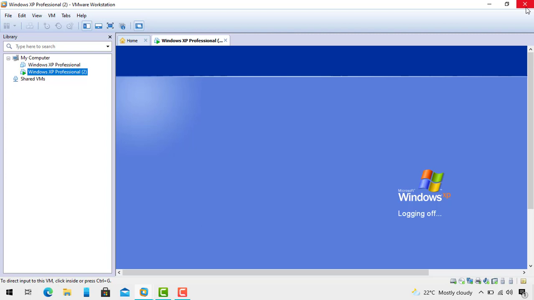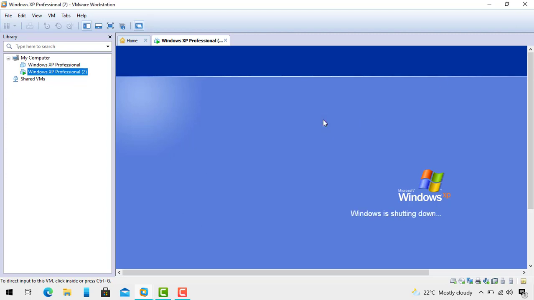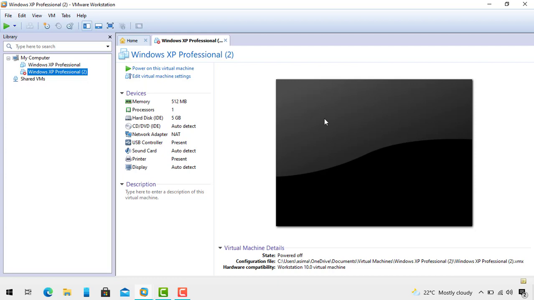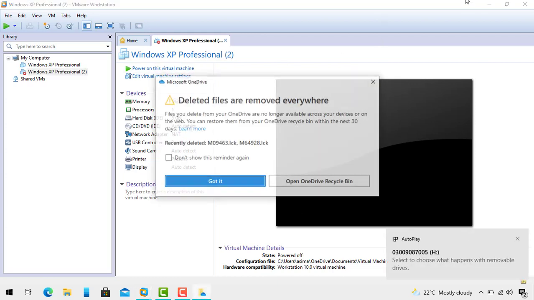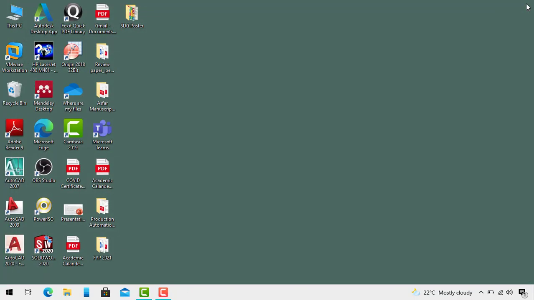And then you can close the simulator. You have to wait for the complete shutdown of Windows XP in the virtual machine. Now you can turn off or close the virtual machine.